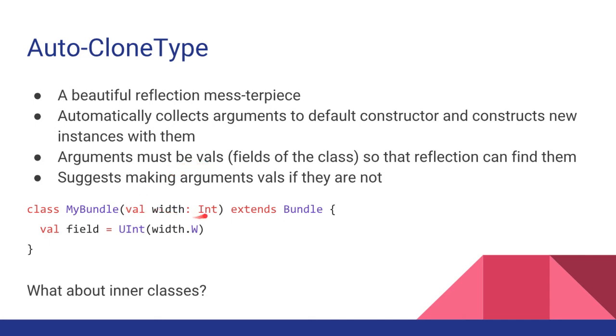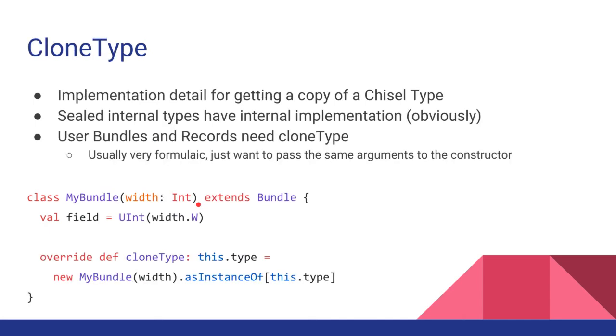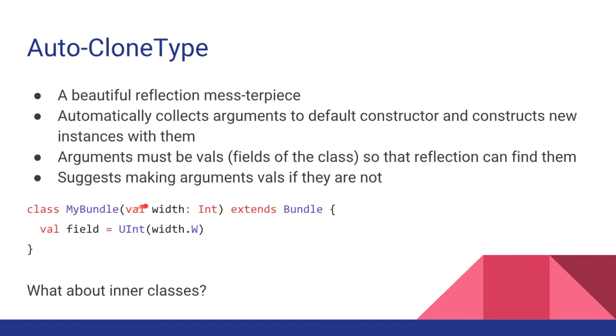So that's why instead of width: Int, so I'm going to go back really here for a note on Scala. If I have an argument to a class constructor with Int, this here is not a field of the class. This is only an argument to the function, the default constructor function. So it's not even a private field. This does not create a field in the class. It's only an argument to a function. Whereas if you put this val here, it is an argument to the function, but it is also now a public field of the class. Which means if I have an instance of MyBundle, I can do .width on it and it will return this value now.